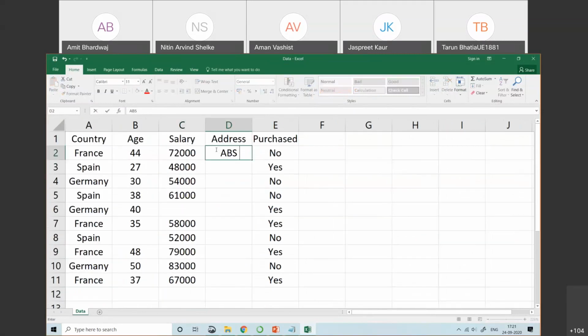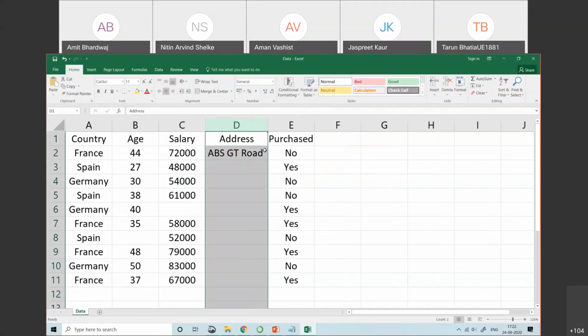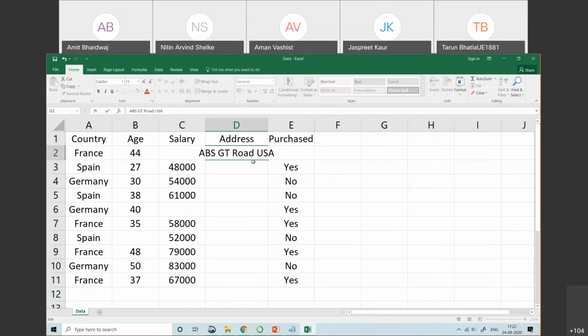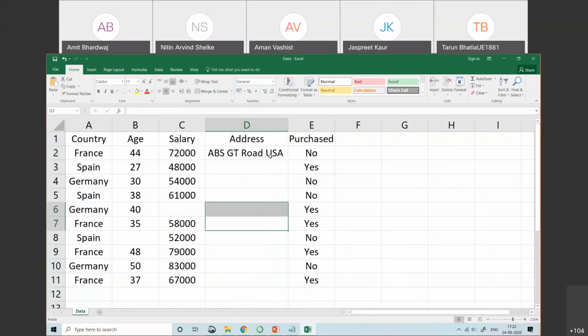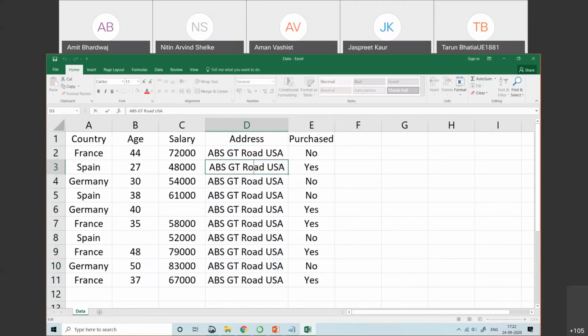ABC, ABS road, USA, kind of this. This is called text data. So this address column contains the text data. Do you get the text data?